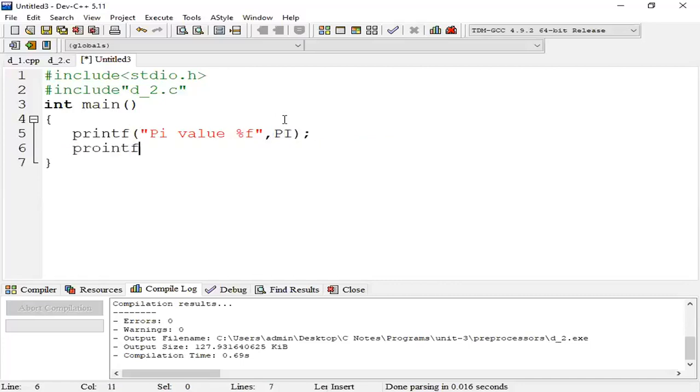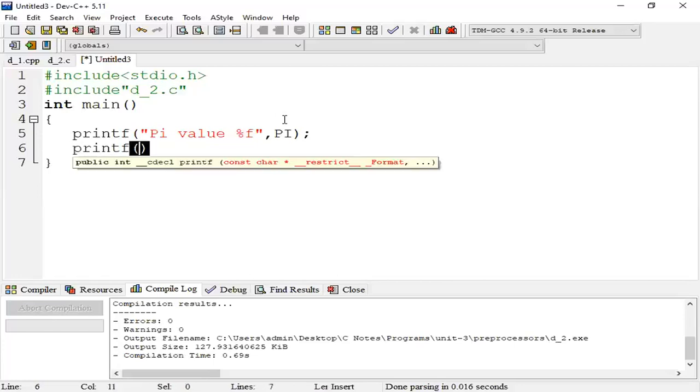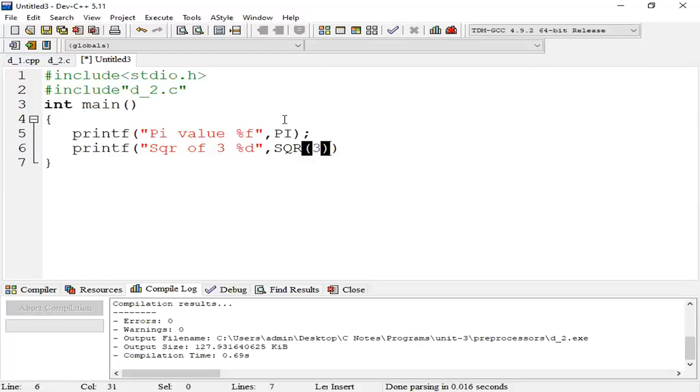Next, printf square of 3 is %d, SQR of 3. That will be printed, accessed from the previous file.